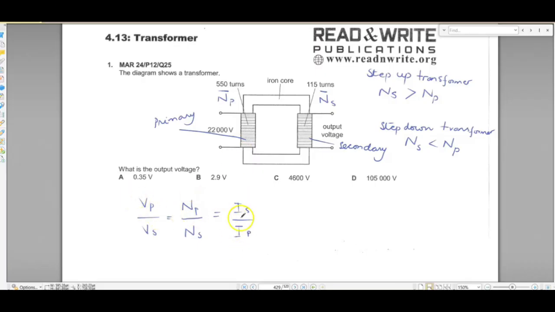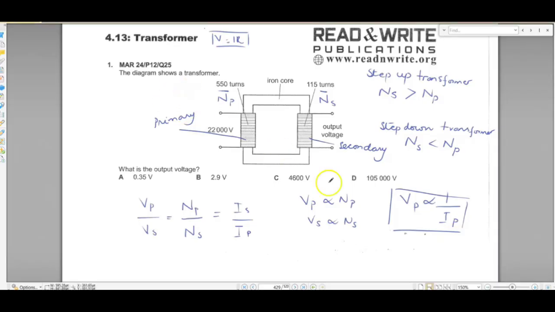If you look at these formulas, you will notice that the voltage on the primary side, the turns on the primary side, the voltage on the secondary side, and the turns on the secondary side show that voltage is directly proportional to the number of turns. Okay? And voltage is inversely proportional to the current. Okay? In a transformer,